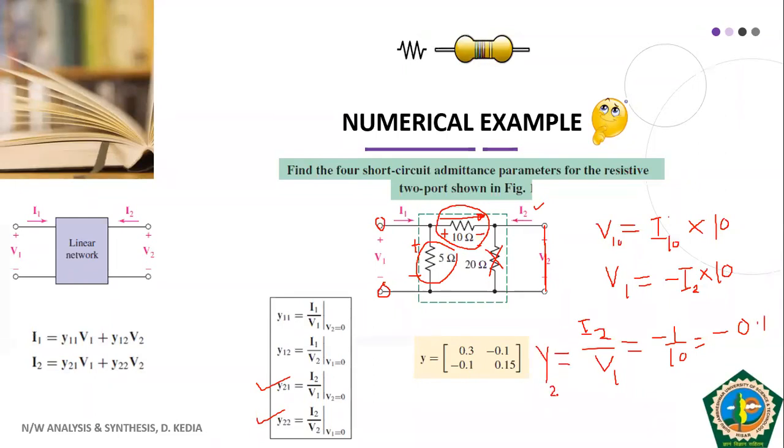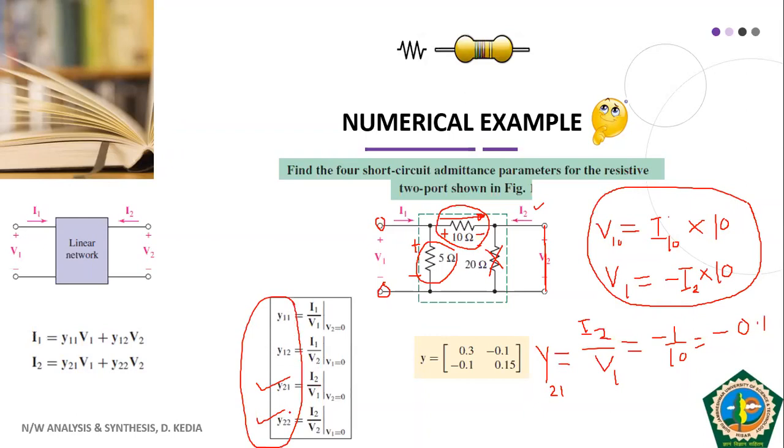So this is how we get Y21. I think this is a better explanation. By using this terminology, I am able to justify how the minus sign has come, and this minus sign has come because the actual current direction is opposite to that of the assumed current direction. So this is how we are able to represent our given linear network in the form of admittance parameters. And you can see here that all the admittance parameters are obtained with the help of V1, I1, I2 and V2.